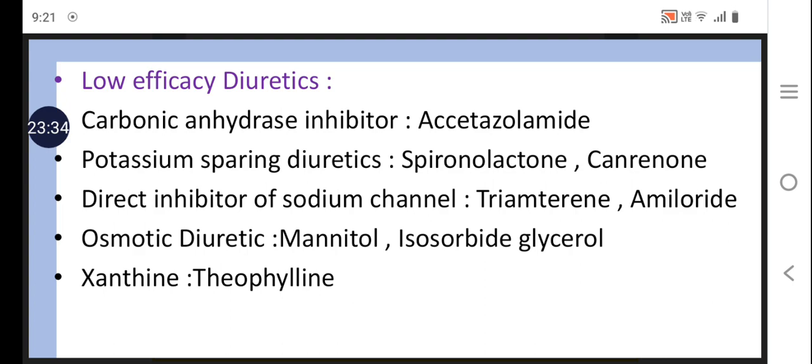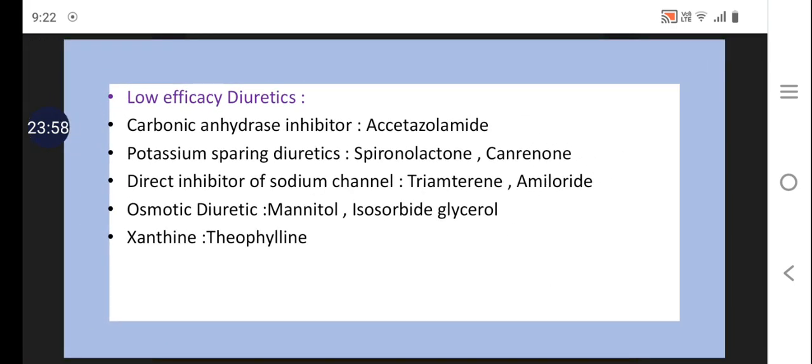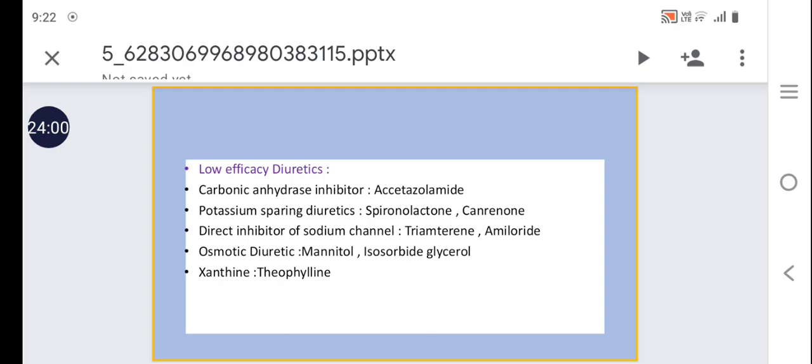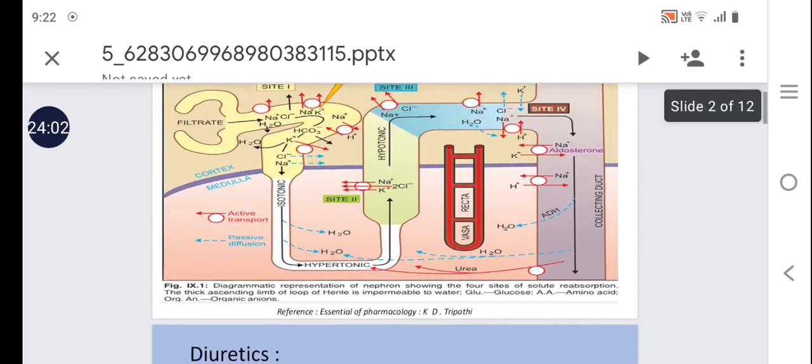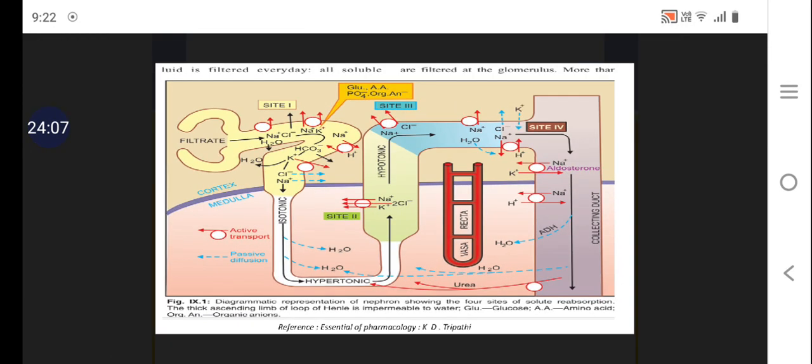Mannitol and isosorbide dinitrate come under the class of osmotic diuretics. And mannitol is used as a sweetener in tablet preparation. Mannitol gives a cooling effect, it is a sweetener with negative heat, and it is especially used in chewable tablets. So this is all about the diuretic drugs, their mechanism of action, their site of action, and along with this,